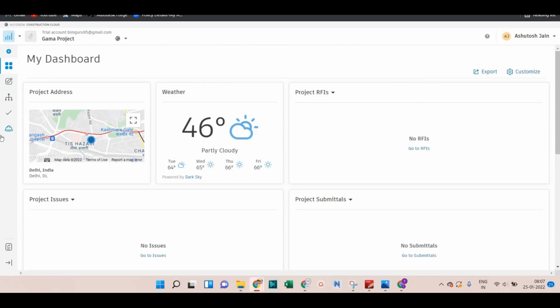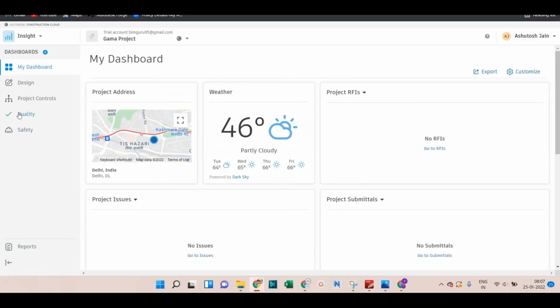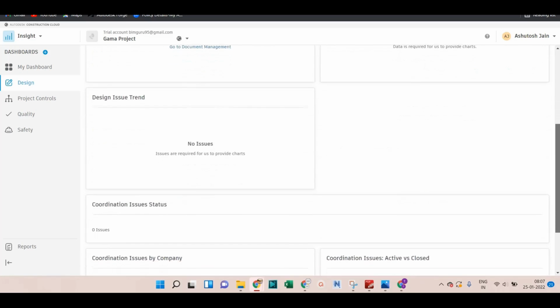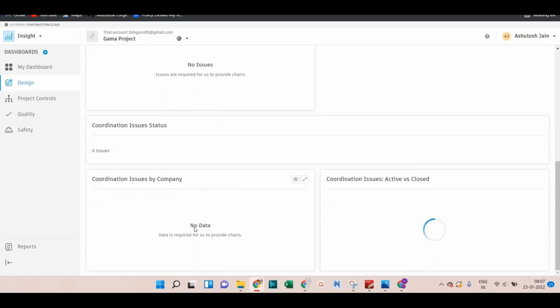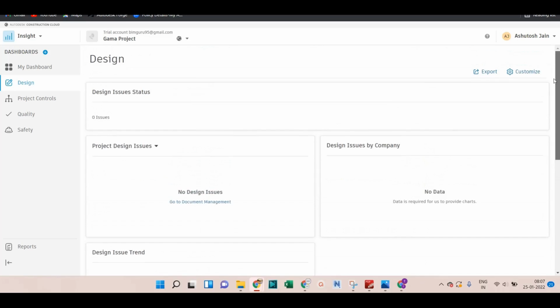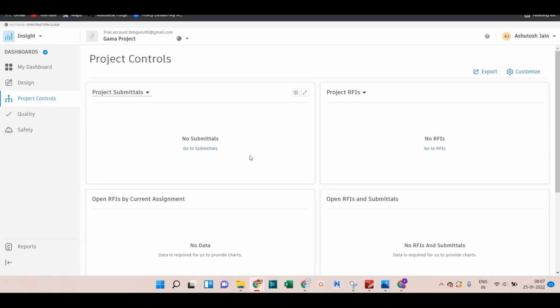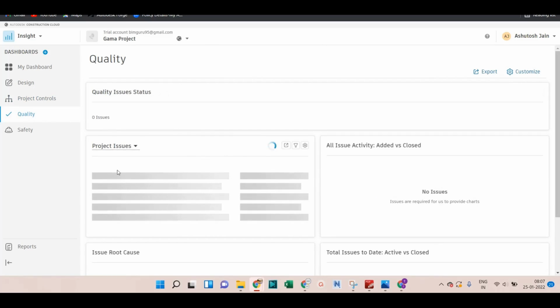Otherwise, if I expand this portion, you can see the design features on the dashboard. So project design issues will be right there. Design issues by the company will be right there, and you can review those things from right there. You can see coordination issues status, coordination issues by the company, and active versus closed issues in terms of coordination. Project controls, definitely we have project controls, submittals, RFIs, and different kinds of data will be right there. Okay, quality we can check differently. Quality issues, rather project issues,